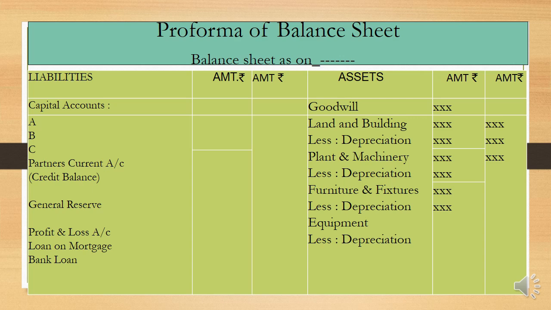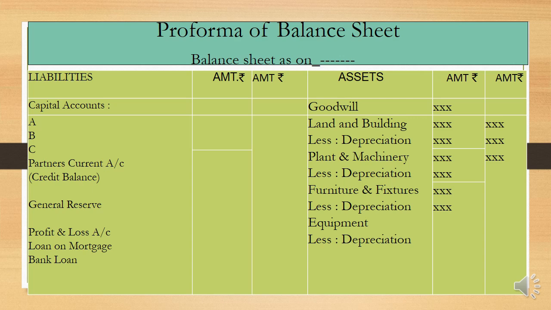So if you remember that we are writing the books of account for the partnership firm, that is why it is a responsibility, that is the liability of the partnership firm to pay back that amount to the partners. That is, the general reserve is a liability. Profit and loss account, that is in the bracket profit. This profit belongs to the partner. It is kept again in the reserve form, but the heading is this time given the profit and loss, so it is considered as a liability.